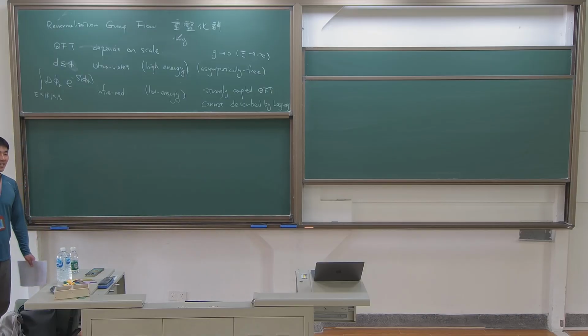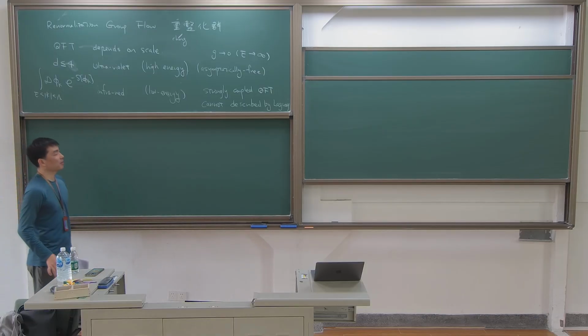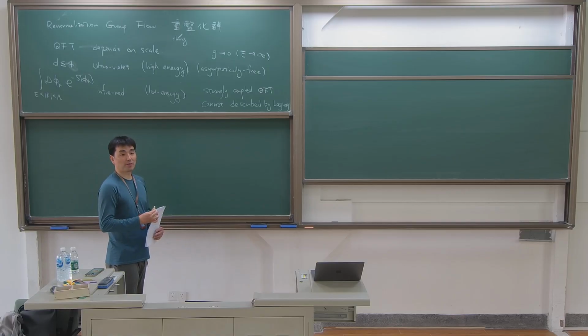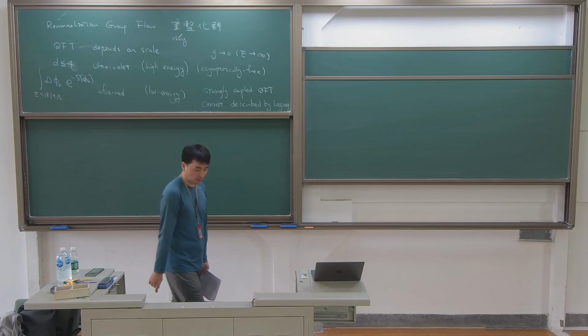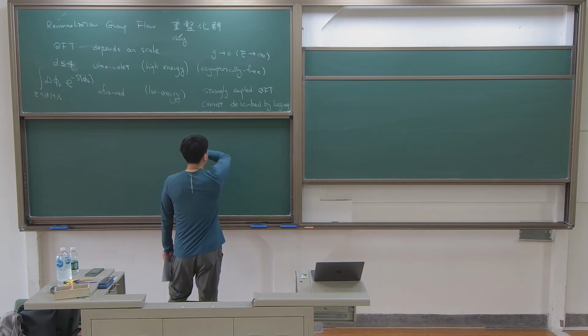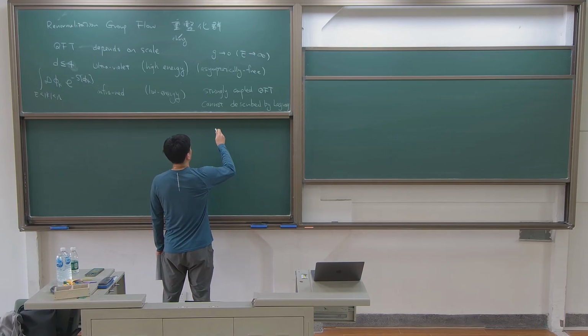In low energy you only have an effective field theory sometimes. If you're lucky, you have an effective field theory, but usually the infrared quantum field theory cannot be described by a Lagrangian. And if you are lucky, there is a so-called Wilson-Fisher